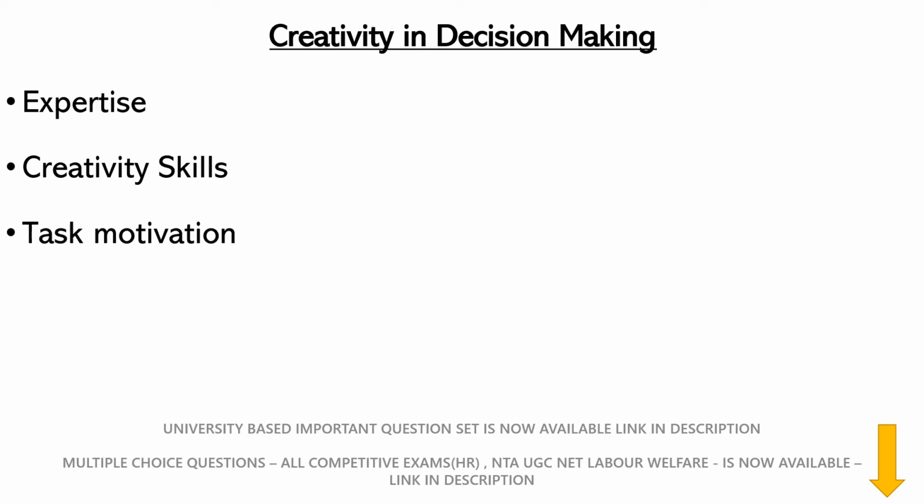So creativity will be improved if an individual has the ability, the knowledge, the proficiency, and the expertise in that particular field. Only then can a person be creative. There will not be much restriction. Now, next is